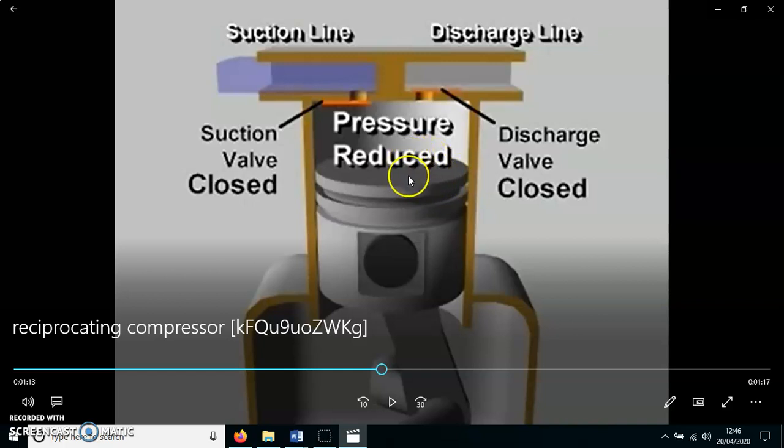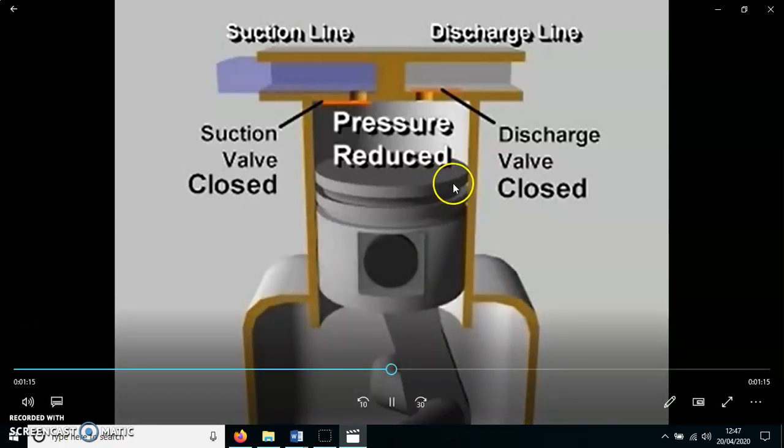So as soon as the vacuum is produced inside the cylinder at some intermediate position, the pressure inside the cylinder becomes vacuum, and at that point your suction valve opens. Actually it has to open at top dead center, but it has never happened. It opens a little delayed, somewhere in between during the suction stroke. So you can see this part of the suction stroke is not utilized to take the air in. So here at this intermediate point, your suction valve is open during the suction stroke.